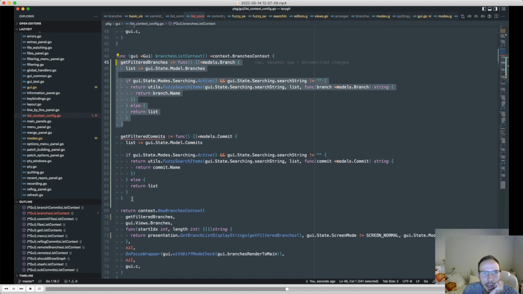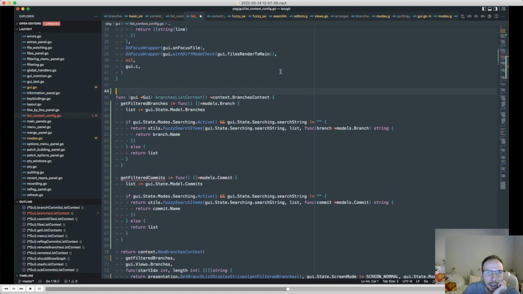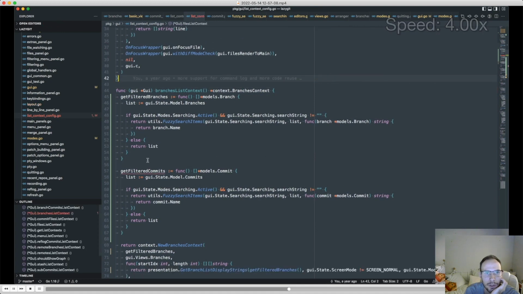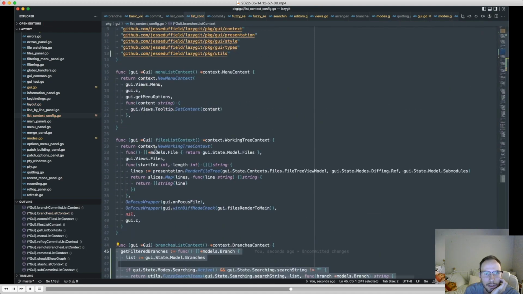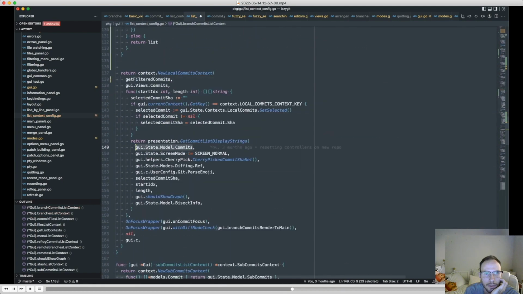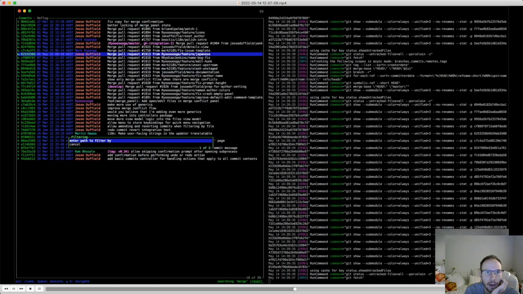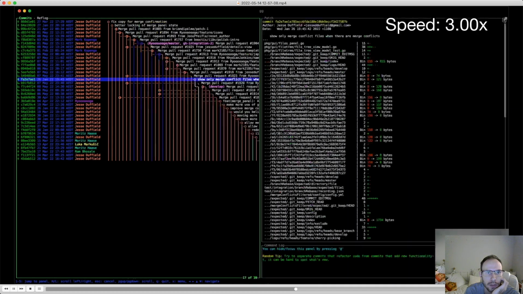So this is me saying, okay, it works for branches. What does it look like if I try and apply the same pattern to commits? And here I am showing that you actually can't use a generic type on a method, which is super annoying. And then I'm showing how it can cause issues if you include the